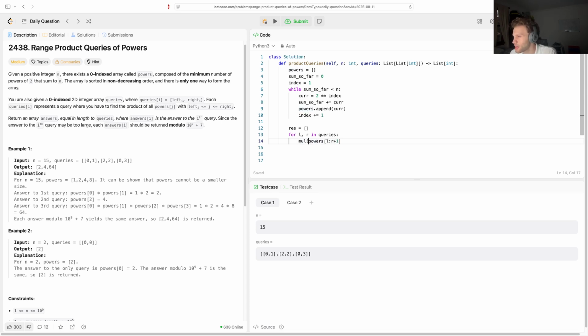Can you do mul? Is that a thing? I always forget. Is it not mul? Because if you do sum, it yeah. Is that not a thing? It's like product. Prod or like